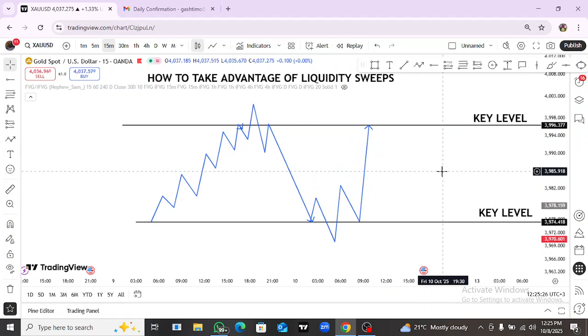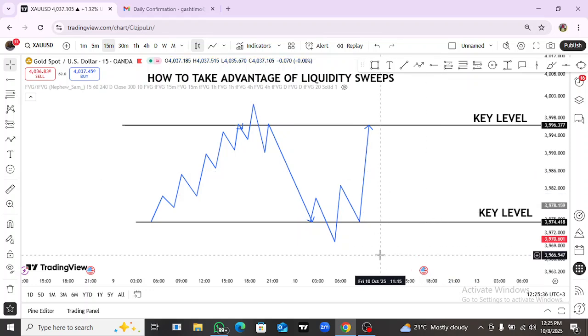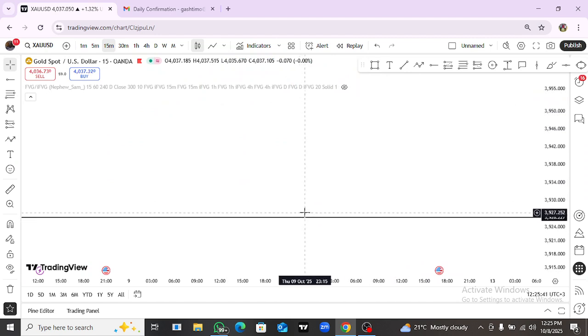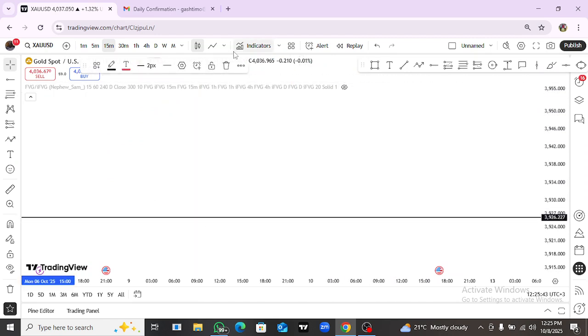I don't know if you guys are understanding. So these things are very, very vital for you to be able to understand, okay, because it is going to make a very, very big impact in your trading career. So how can you take advantage of it? How can you take advantage of these liquidity sweeps in order for us now to take high quality trade